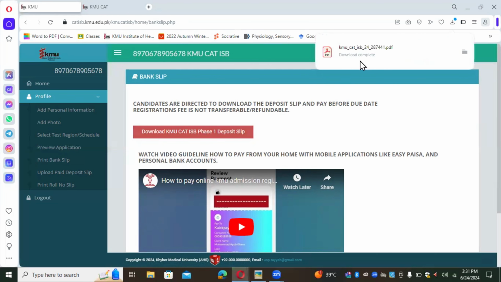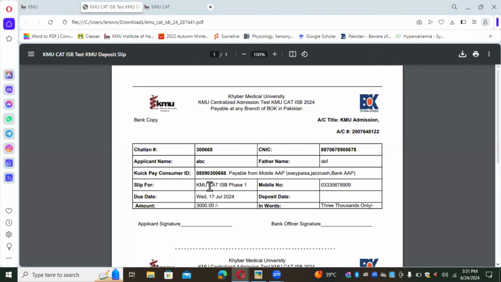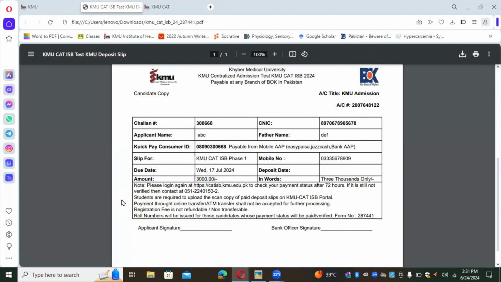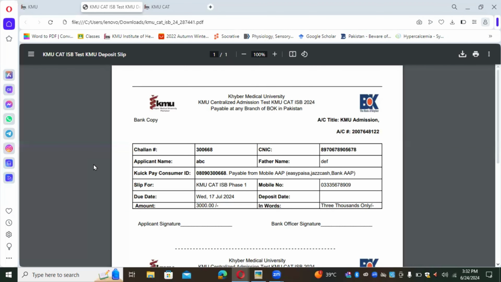Your deposit slip is now downloaded. Take a print of your deposit slip and submit it at the bank. They have also provided this consumer ID. You can submit the payment through this ID. You can pay through your mobile apps such as EasyPaisa, Jazz Cash, or through your personal bank account, using this number. So this number will be used to pay your amount. Once you have submitted your payment,